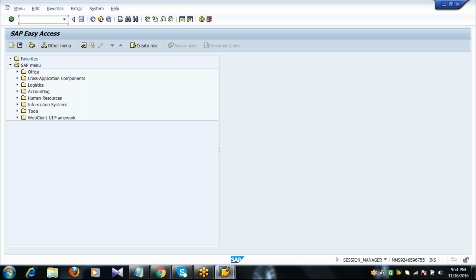So here, if I want to create a purchase order in our SAP system, first we have to define the organization structure. Then we need to have the master data informations, that is the material information, what you are going to purchase, and the supplier information, that is vendor information, from where you are going to purchase. So without these two parameters, we cannot create a purchase order. Okay.